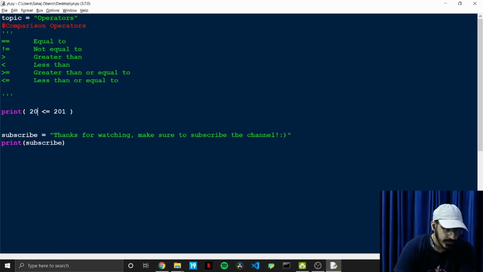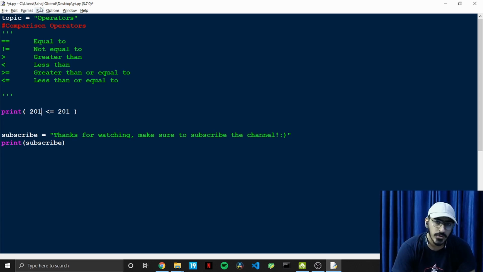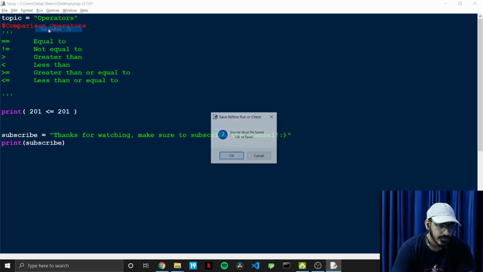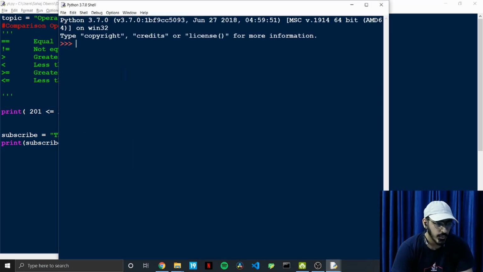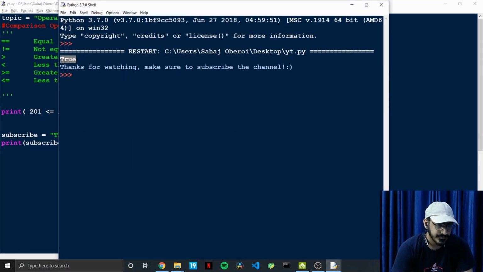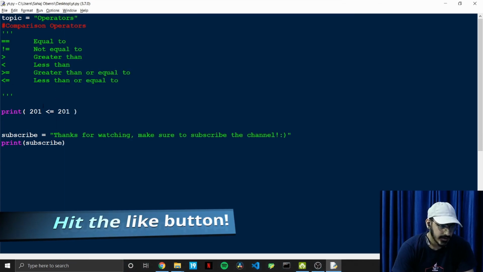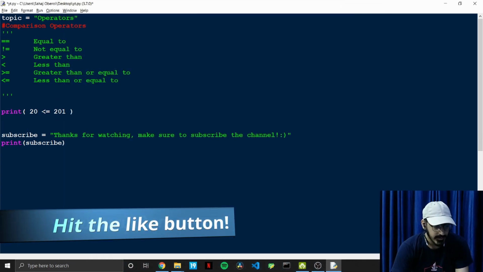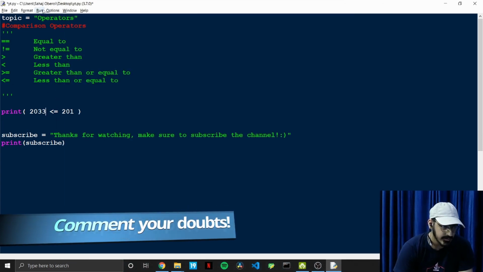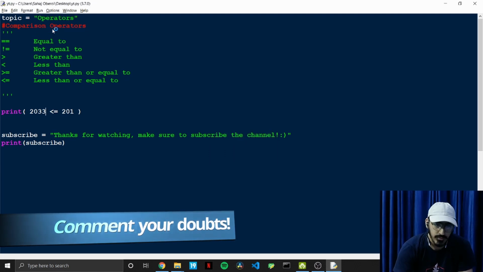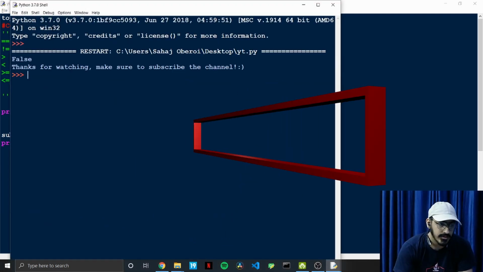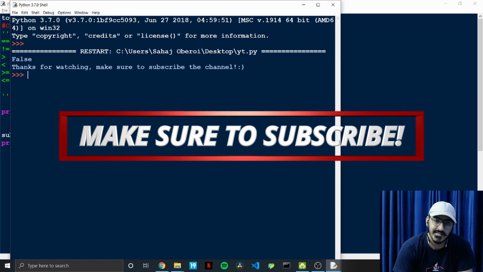If we replace it with 201 here, first of all it will check whether 201 is less than 201. Obviously this is false. Then it will check whether 201 is equal to 201. This is true, so we will get true as the answer. Now what if there is a larger number here like this? In this case, both the conditions are false, so ultimately we get false as the answer.